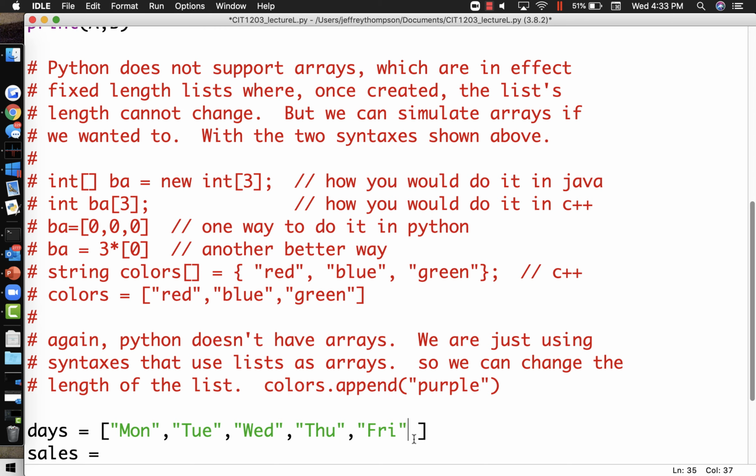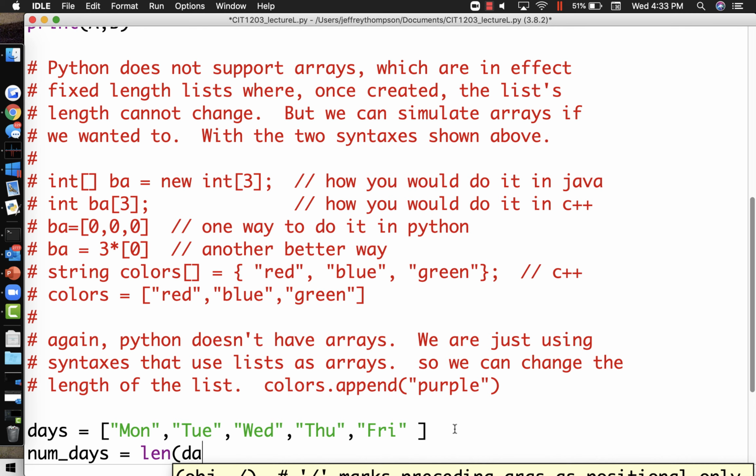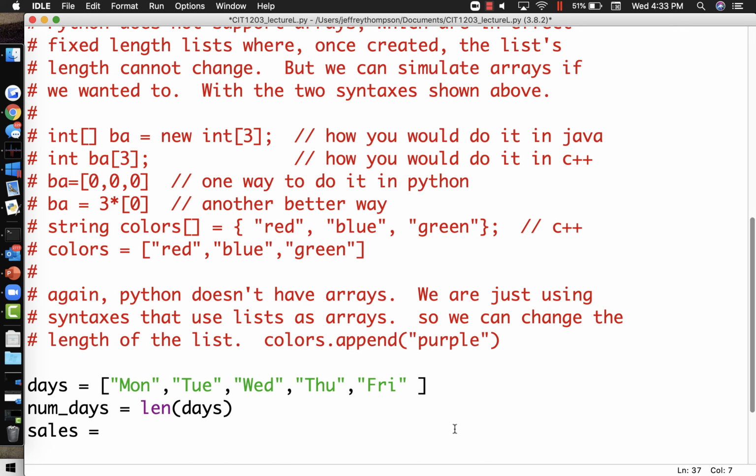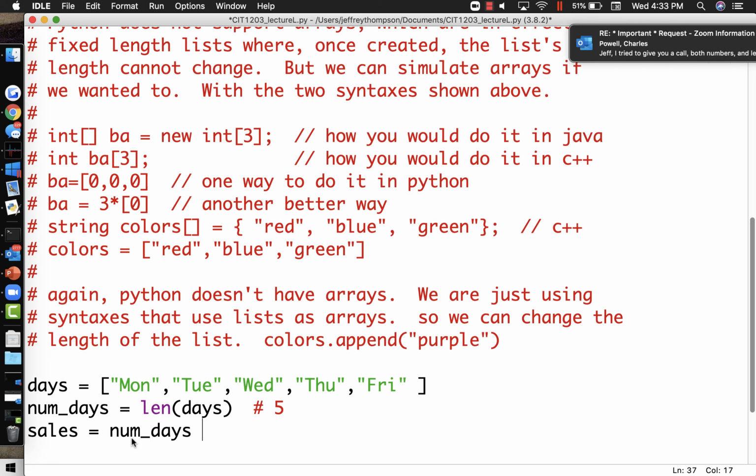But what if later on we went and added Saturday and Sunday? We now have to work 7 days a week rather than 5. So let's create a numDays variable, which is equal to the length of the days list, right? So right now that'll equal 5, right? Well, why didn't we hard code it to 5? Why didn't we just put 5 there? Because like I said, maybe we're going to go back in and add Saturday and Sunday. Or maybe we're going to change it to 31 days for every day in the month, something like that. So now we need to do numDays times